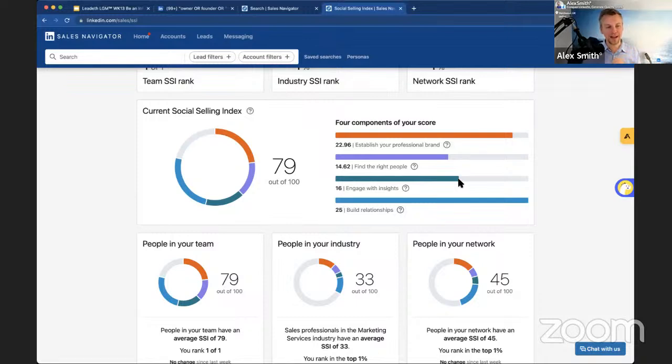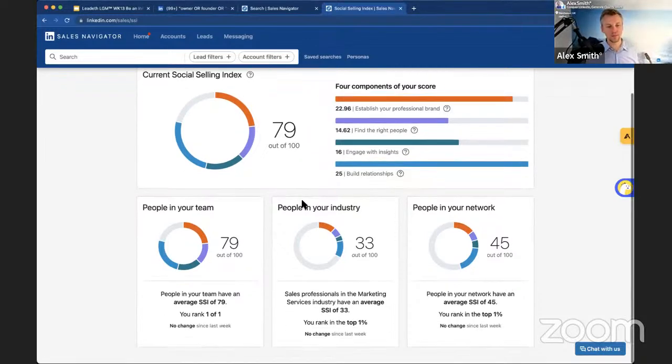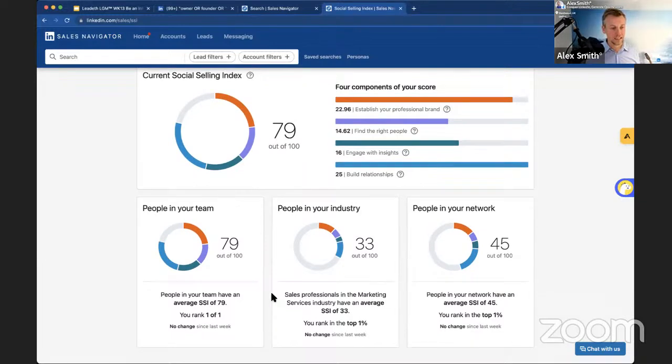I've managed to claw that back now. So it's just doing searches and finding people, which is where I fall down. But having an automation system and doing regular searches for people, that's going to help. So the more you stay in LinkedIn, the more it likes you and the more it'll allow you to do more, basically. But yeah, you can see across your industry where you're ranking.